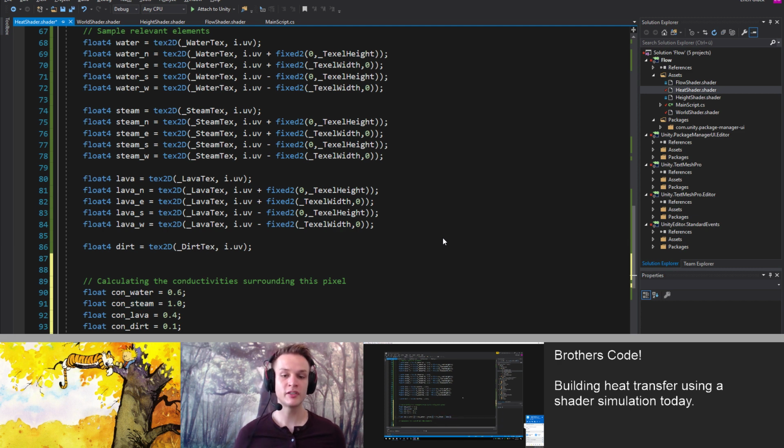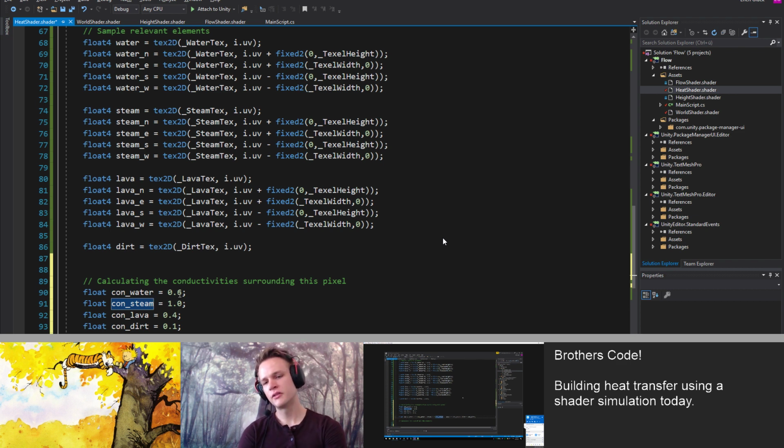So I'm saying if you just take the average, then a small amount of water and a large amount of steam results in a very high conductivity, and a small amount of steam could be the same as a large amount of water.